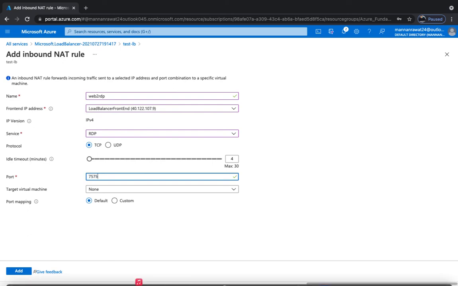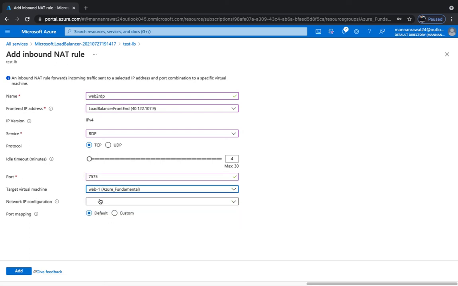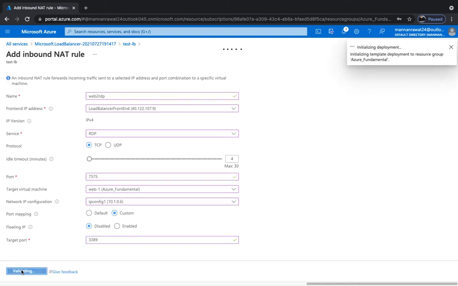Select any 4 digit number. This time I'm going to proceed with 7575. Select your second virtual machine, web 2. Custom, and this time change the port number. Click add. So this is the actual task of our inbound NAT rule.